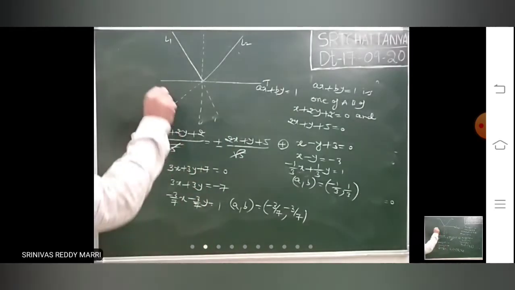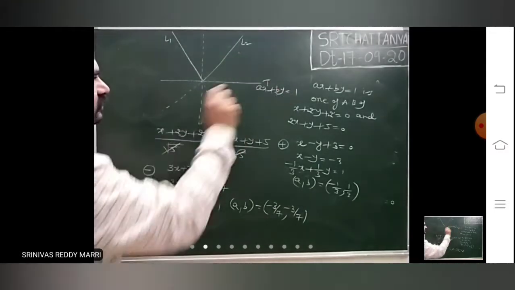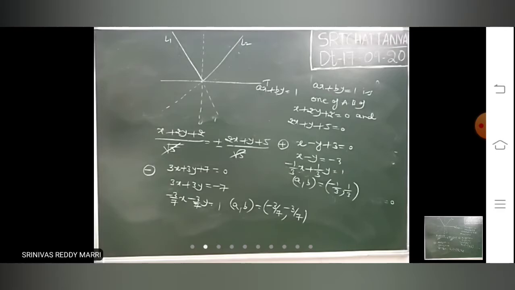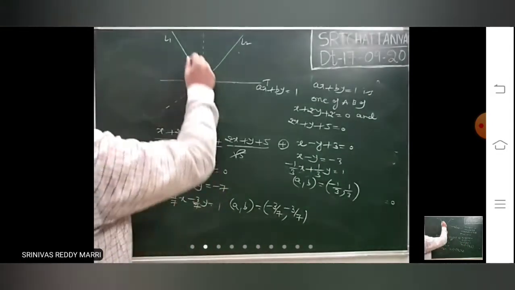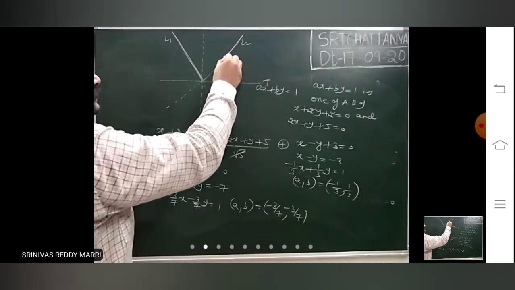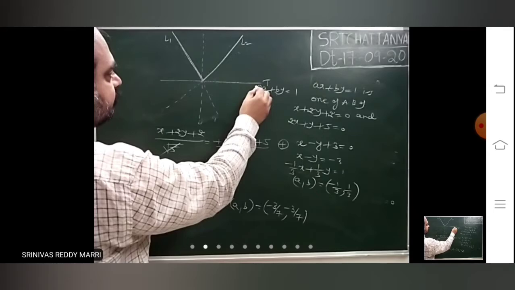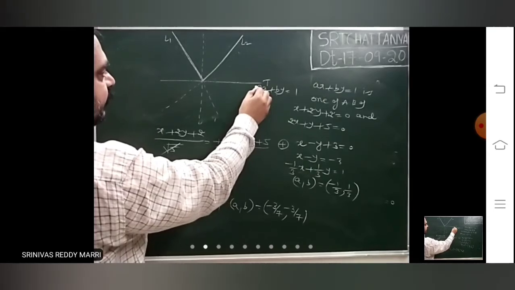So like that, if a tangent or normal is asked and these two lines are given, those will be angular bisectors. Look at here: if it strikes like this, it has gone like this, right? So then this is one line, this is one line, right?